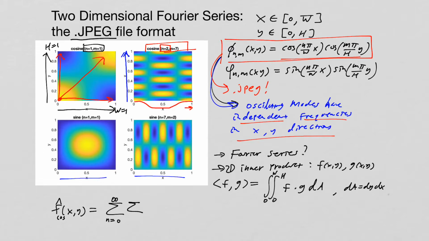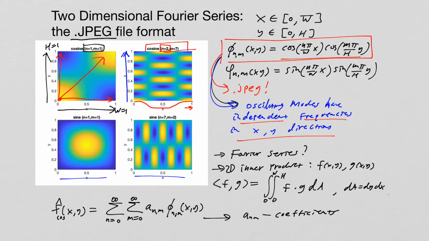But now we're going to have a double sum, and m goes to 0 up to infinity, of a n comma m times our Fourier modes. So here we have an a n m. Our coefficients now,